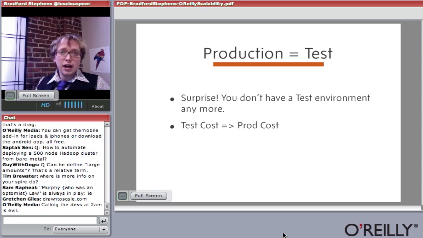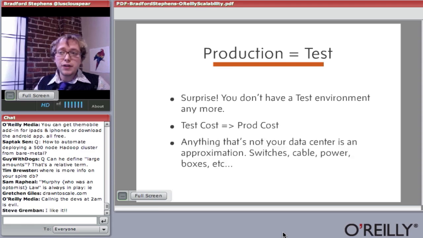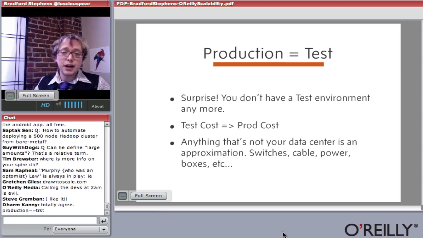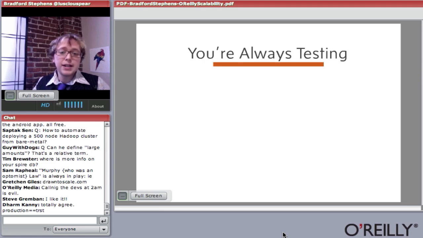And a lot of times, if you're running in the cloud, your test cluster may even be in a different region, or maybe in your office as opposed to on the cloud, which means you really have to keep in mind that if you push a new feature to production, just because it works in test shouldn't give you that much confidence that it works in production. Anything in your test environment is going to be an approximation, all the way down to how clean your power is.